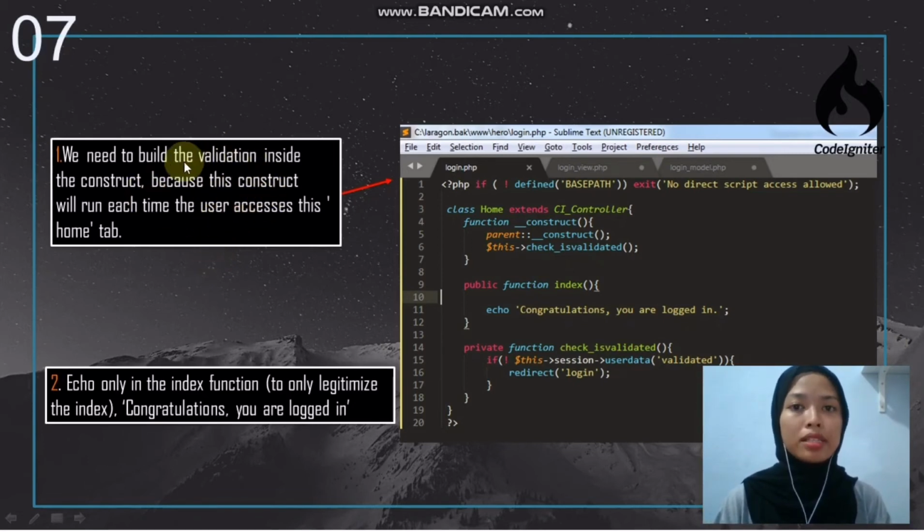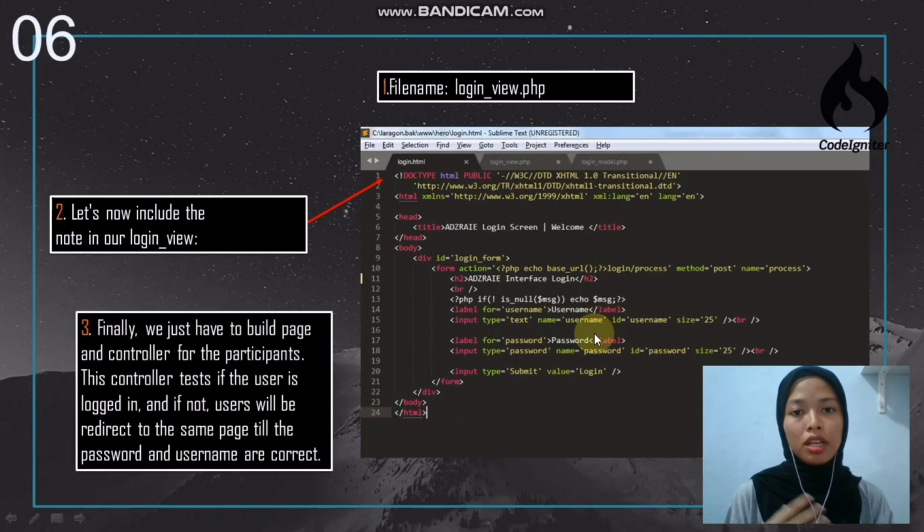So this is basically a verification of whether the user inserts the wrong or right username or password. Basically these are all the coding and